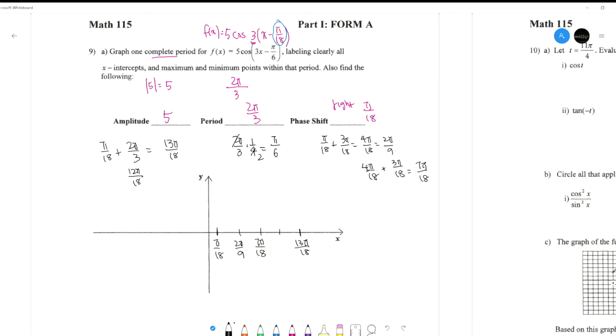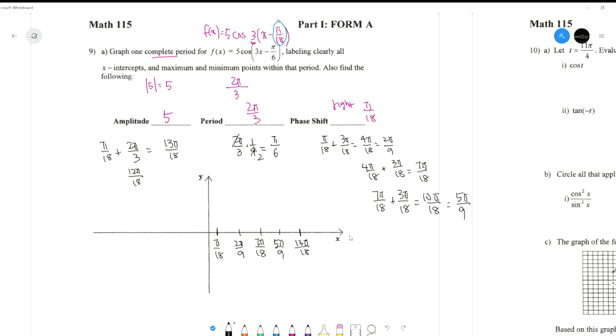Alright, so I'm gonna just write it, and hopefully what you see afterwards makes sense. Yeah, okay. So 7 pi over 18. I'm gonna add, what was I adding? 3 pi over 18 to that. So when I do 7 pi over 18 plus 3 pi over 18, I get 10 pi over 18, which reduces to 5 pi over 9. So let me write 5 pi over 9 there. And we have all the